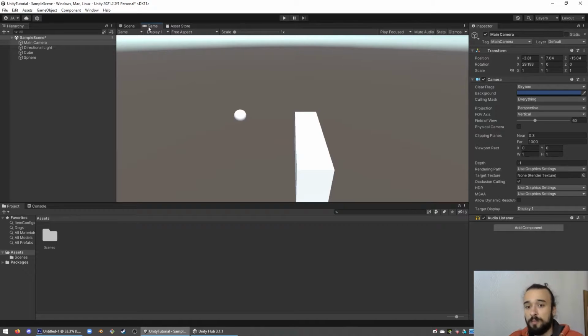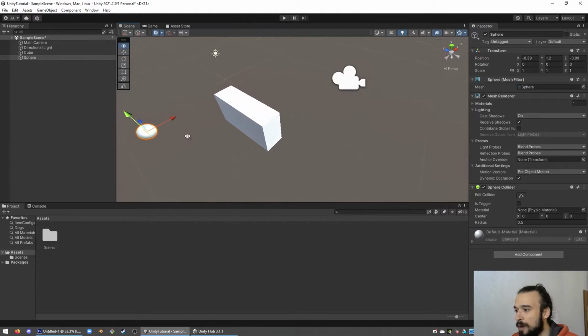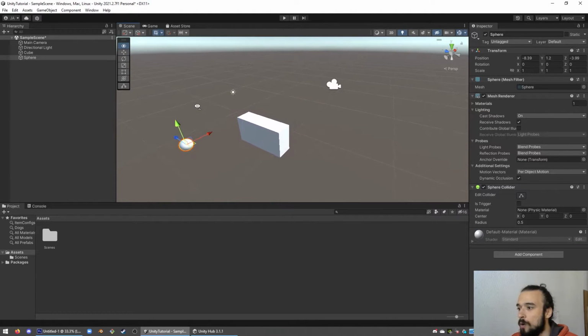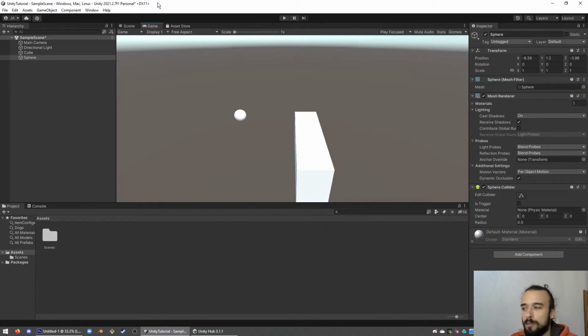I consider this to be really, really bad. You want to see them both at the same time, at all times. Please, please do this, because otherwise you will be doing stuff in the scene view that will look bad or will break your whole game view, basically. Things will not look like you want them to. You will be moving stuff around here, and then when you notice, oh wait, actually in the game view it looks terrible, right? So just